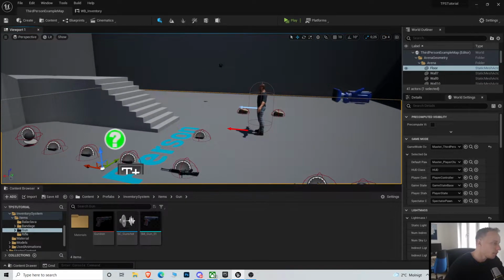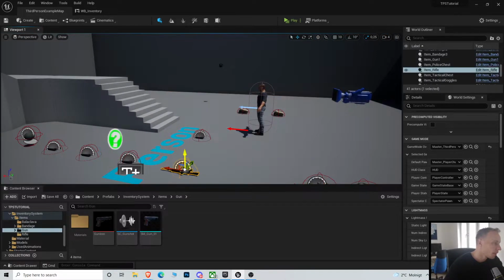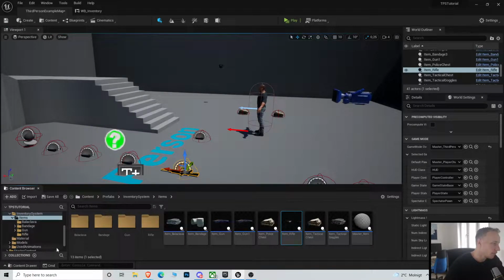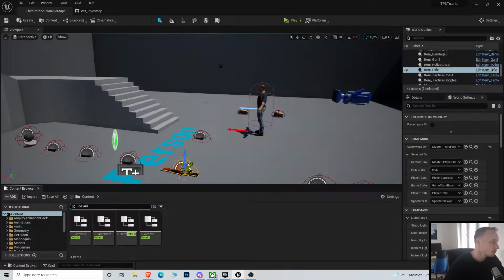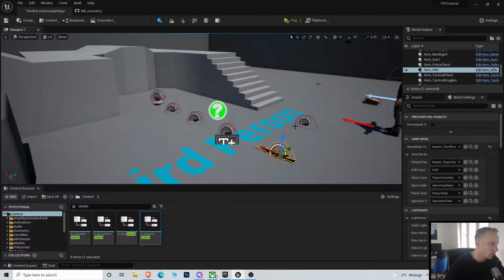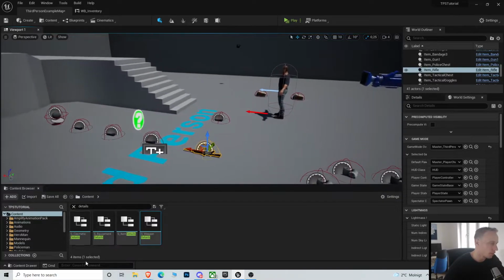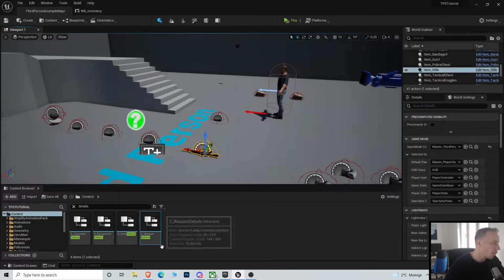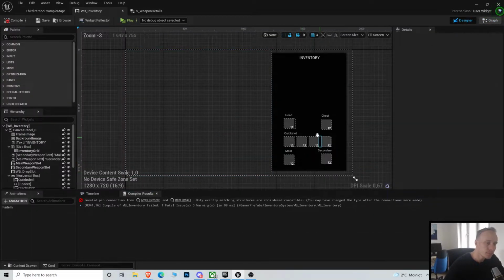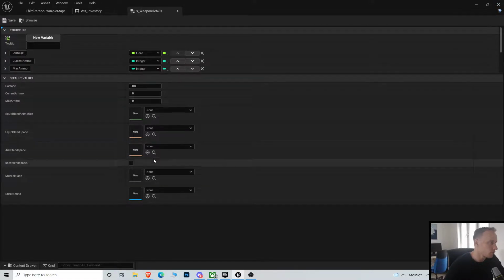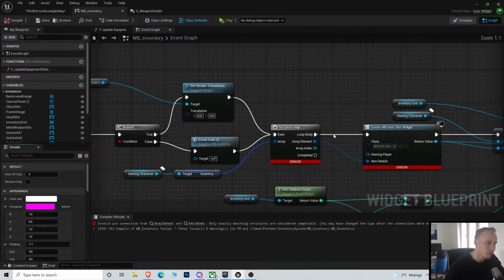And what happens is basically, in the details, we have these structures that we are using for the weapons and everything, and in these structures we have a lot of variables. Since we have now integrated these structures in our inventory, whenever we change these structures they sometimes break the references to the inventory,